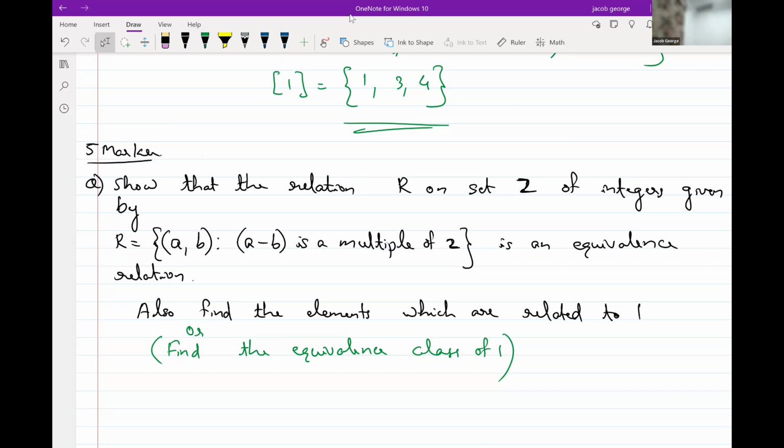Basic set is Z. So for reflexive, we start like this. Let small letter a be an element of capital Z, and we prove that (a, a) is an element of capital R. For that, what do you have to prove? a minus, in place of b, what should be there? a. What is a minus a? 0 is a multiple of 2. 0 is a multiple of any number, correct. So a minus a is 0, which is a multiple